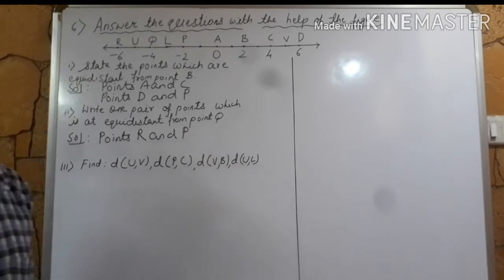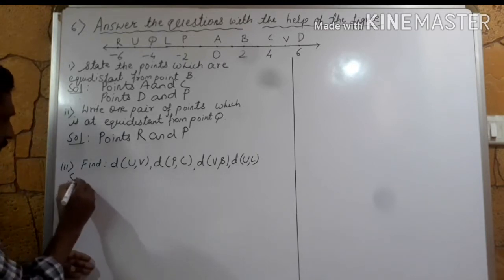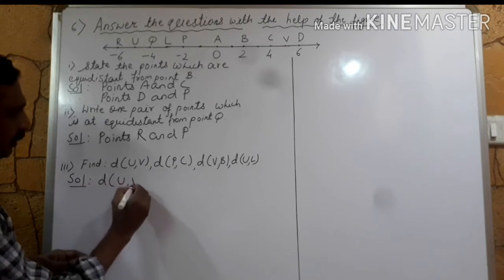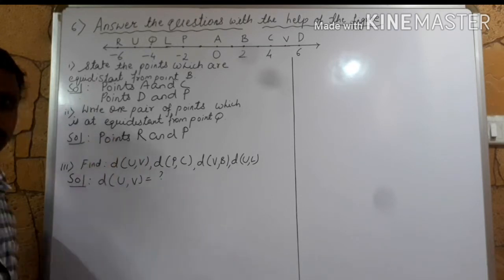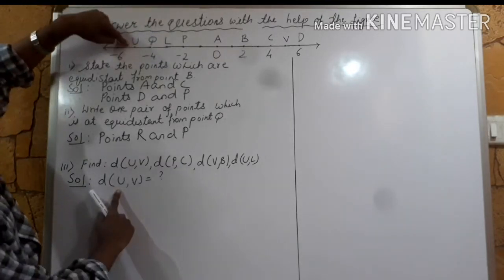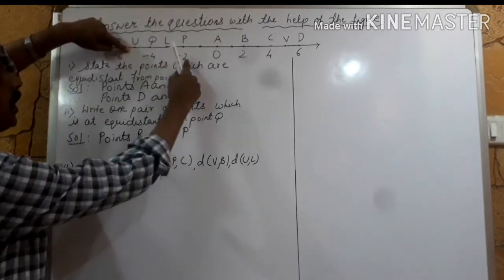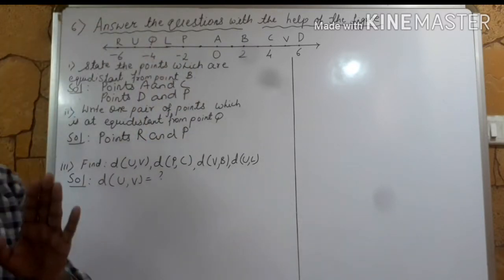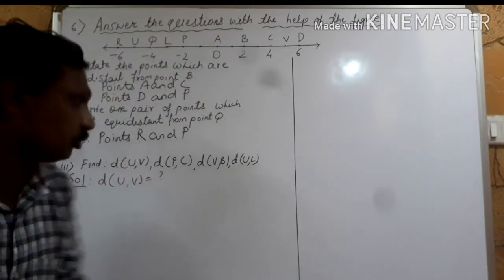Third one: find distance UV, distance PC, distance VB and distance UL. We will do one by one. Solution. Distance UV is equal to how much? Look at the number line. U. What is the coordinate of U? -2, -3, -4, -5. So we will write the coordinate of U is